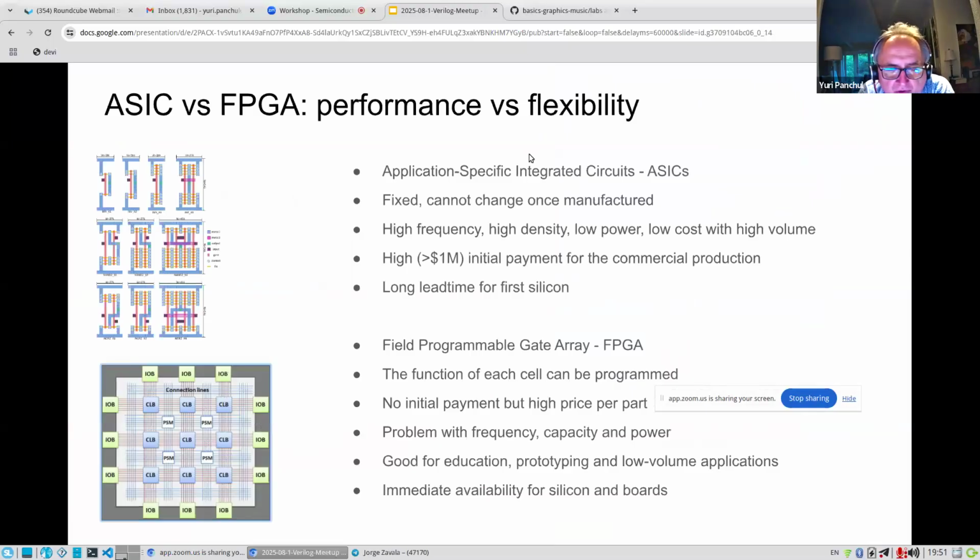Yeah. So first of all, as you can see, there are some fixed chips made with a fixed design on a foundry, and there is FPGA, and in order to implement the same schematics in FPGA as in an ASIC, you need to spend more transistors.